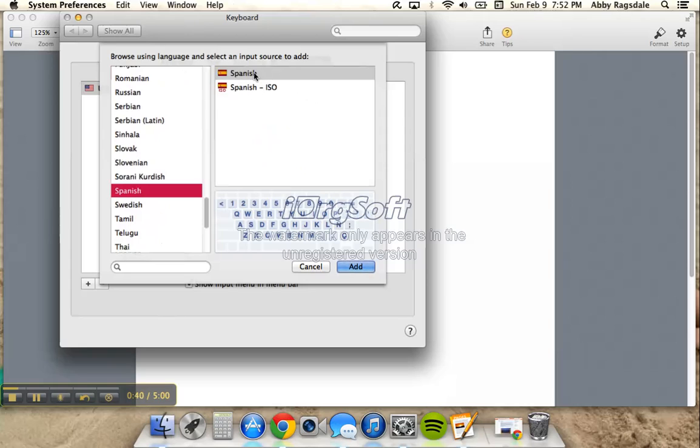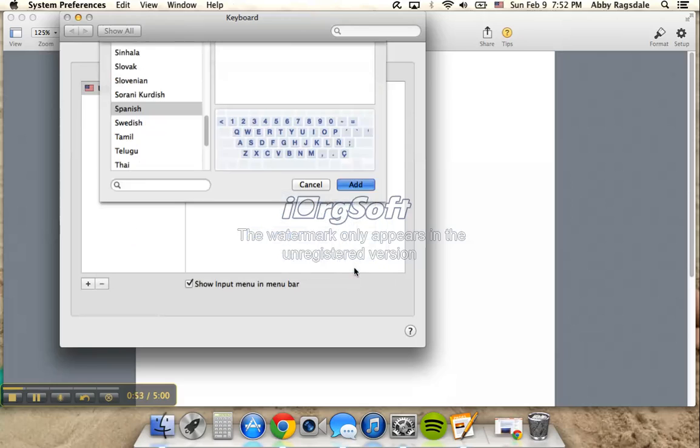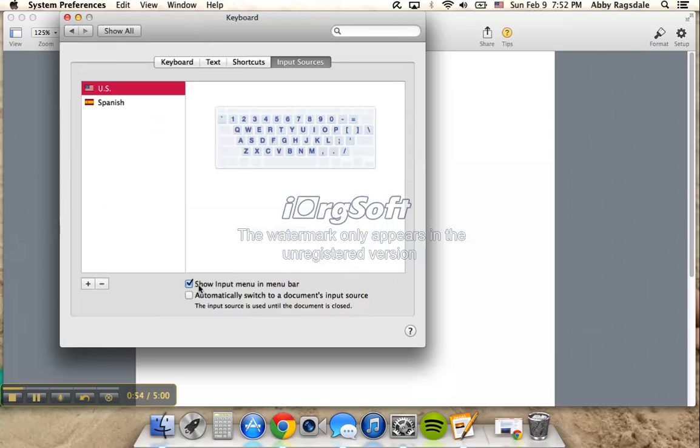And we want to input the regular Spanish. This is Western Spanish keyboard, which is what we use in our class. Spanish ISO is more Spain Spanish with the vosotros form, which we won't be using. So Western Spanish will be fine. And we'll click Add. You'll want to make sure that this top icon is clicked, Show Input Menu in Bar,